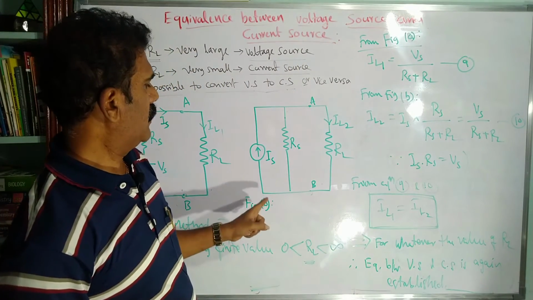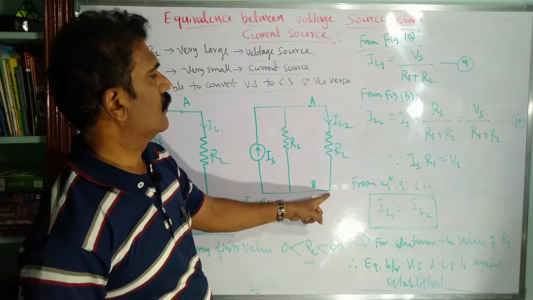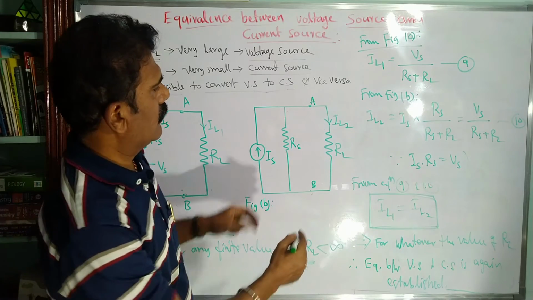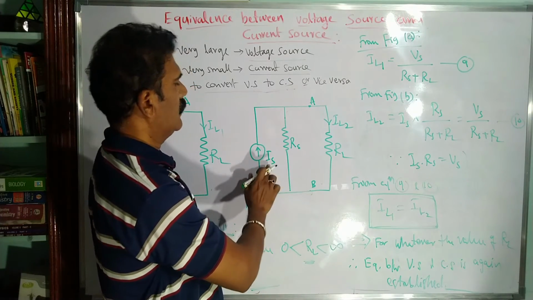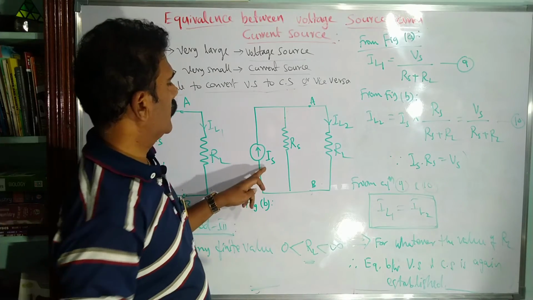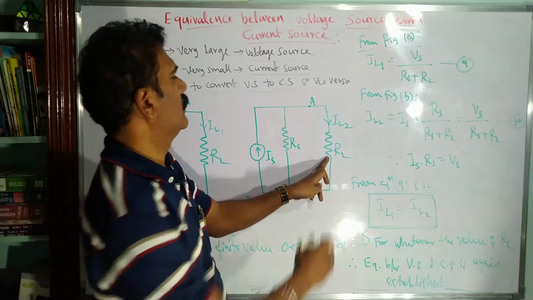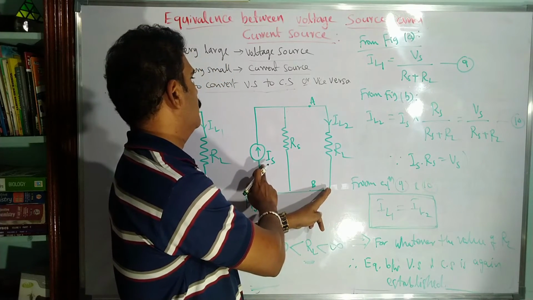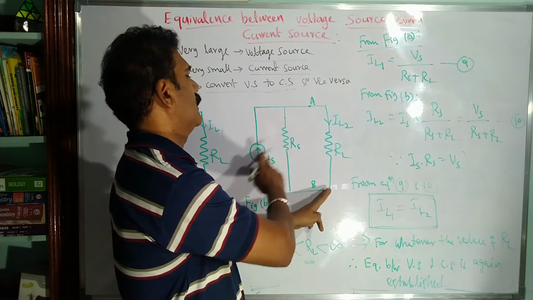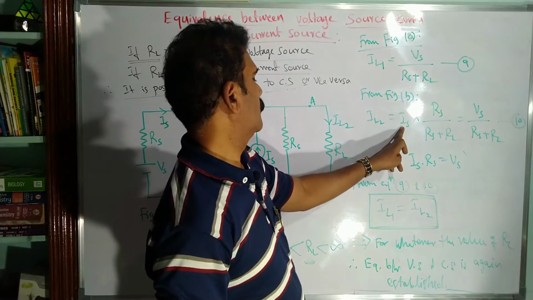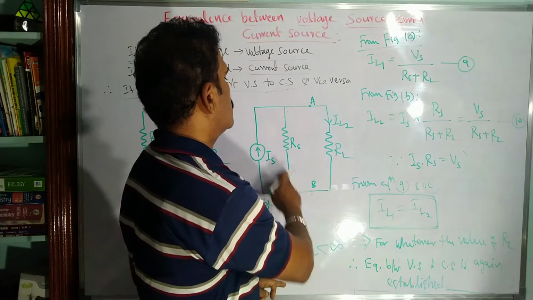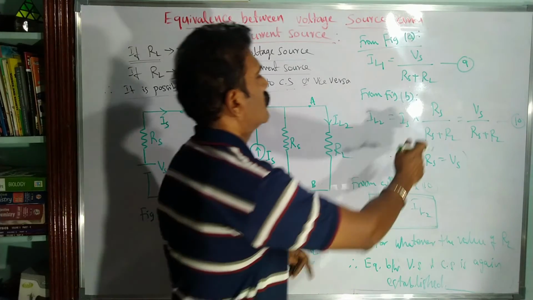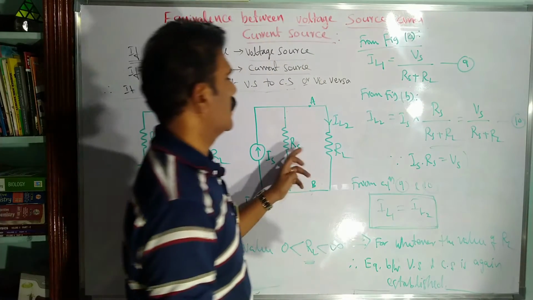Similarly from figure B, what is the current through this load now? That is IL2. IL2 is equal to, now it is not a voltage source, right? Whenever there are two resistors connected in parallel to a given current source, how do you calculate the current through the load? So we need the current through the load RL. For that you have to multiply Is by the ratio: when you calculate the total resistance, divide Rs by the total resistance. So Rs divided by the total resistance, which is Rs plus RL.